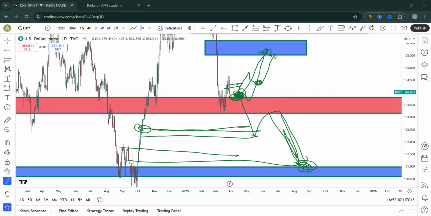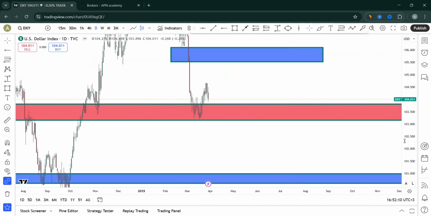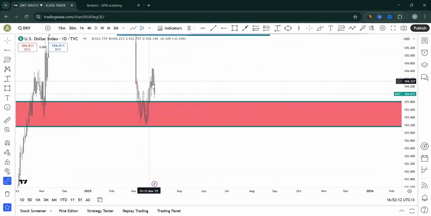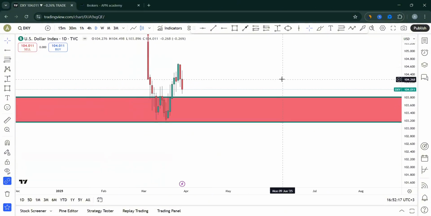Now, most people do not trade the DXY, but we use it to tell us the strength of the dollar. So what we're looking at here is that it's trying to tell us that the dollar has hit a certain level of support, okay? But it's not yet having the strength to go up. That's why you see most of the pairs involving the DXY are still not yet